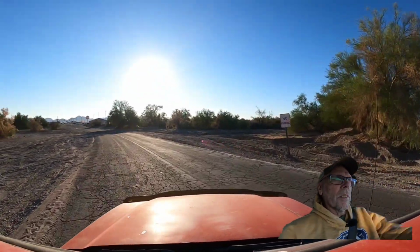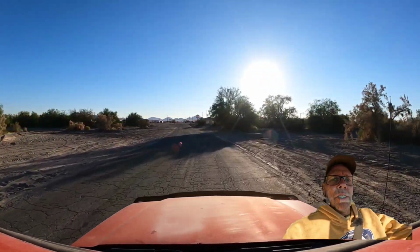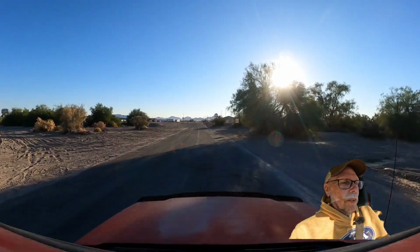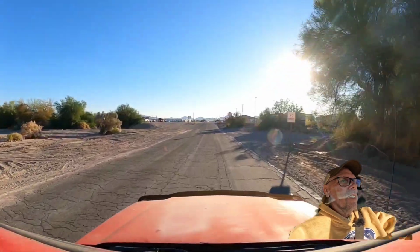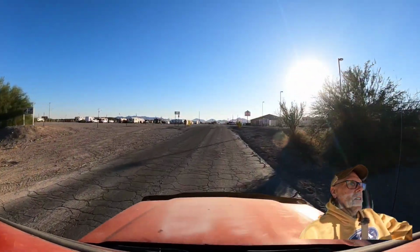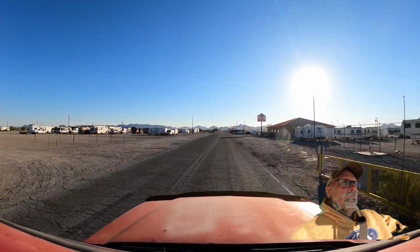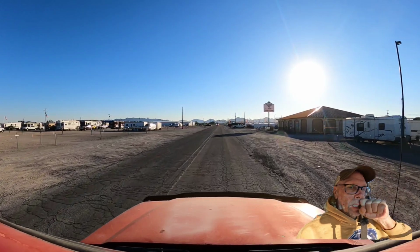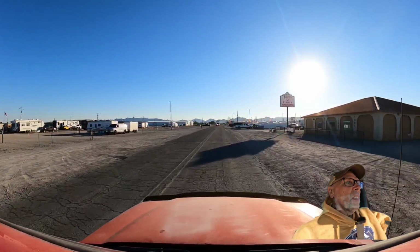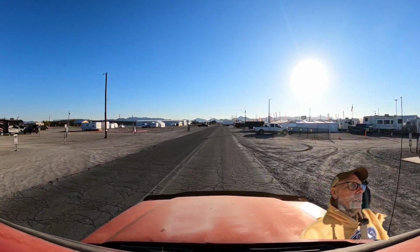It's my desert beater, the 2002 Avalanche, and it's got more miles on it than the Space Shuttle. Well, not quite, but 230,000 miles and going strong. Did have to do some work on it this year. I had to put a new U-joint in it and just some regular maintenance, a new battery. But it's ready for the season here, fresh oil and everything else. So